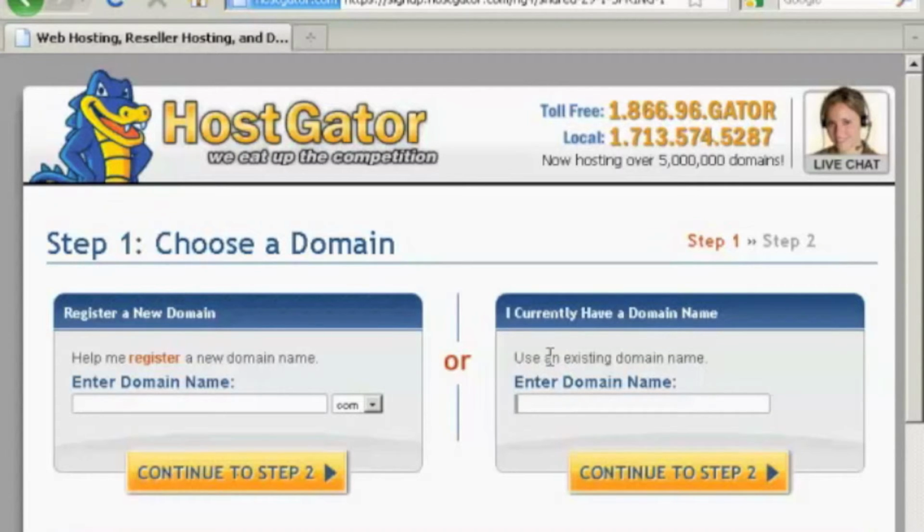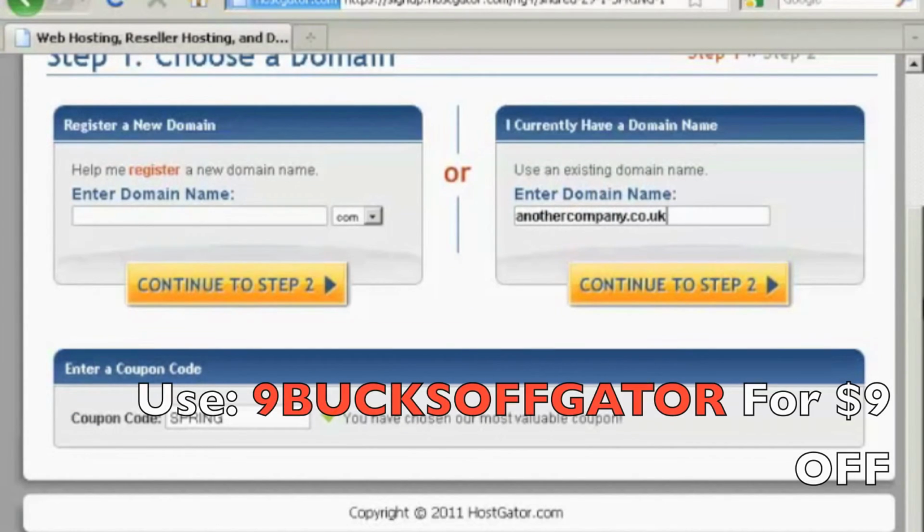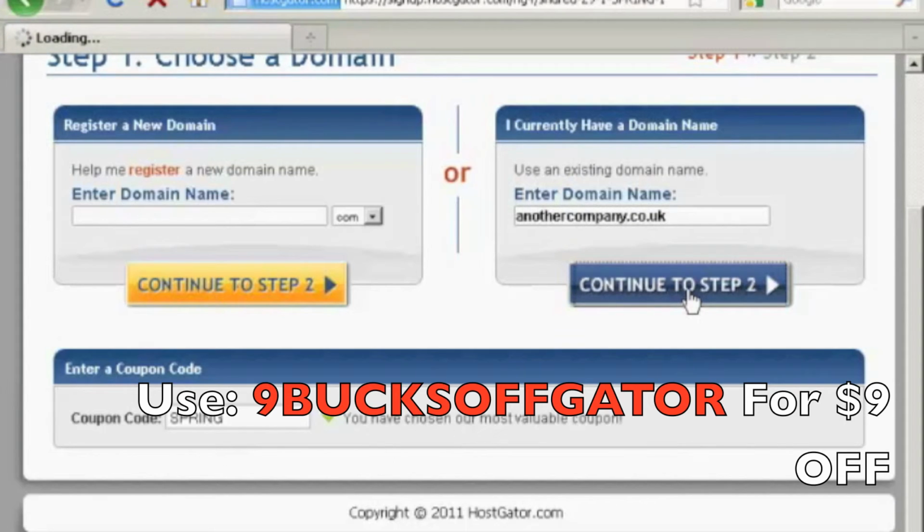I already have one that I'm going to use, so I'm just going to enter it here. It's anothercompany.co.uk, and if you have a coupon code, you can enter it here. As you can see, at the time that I'm making this video, they have a special offer going, so it's already been automatically entered in. And then click to step 2,